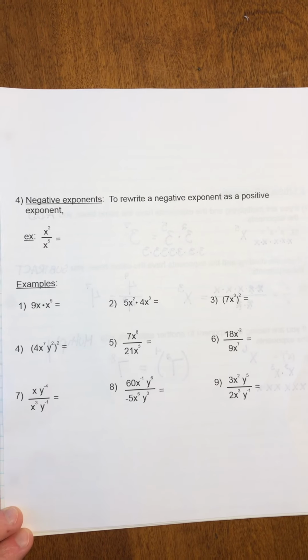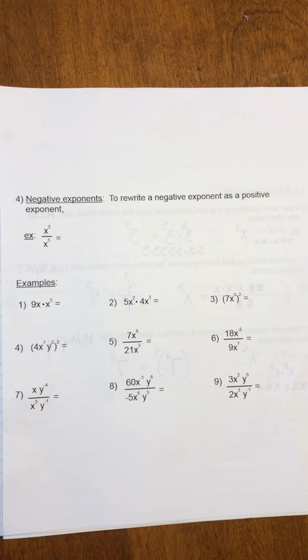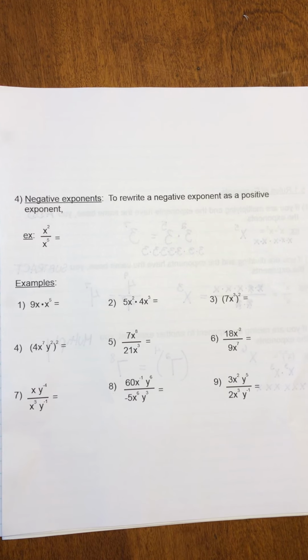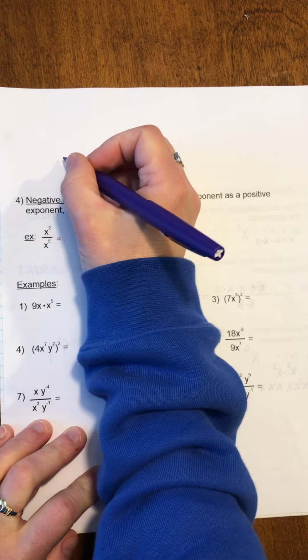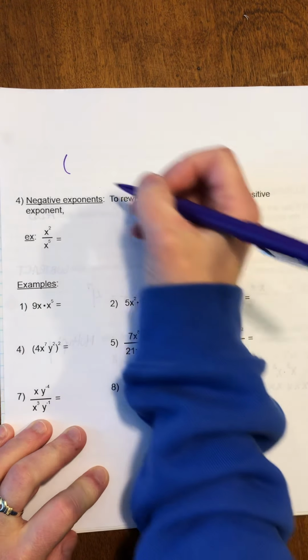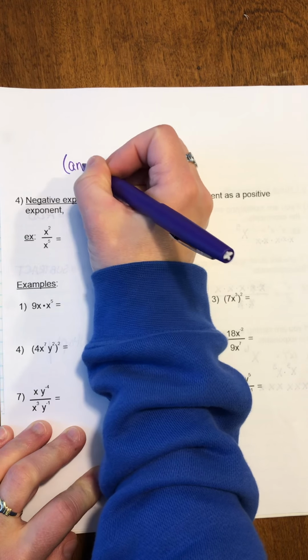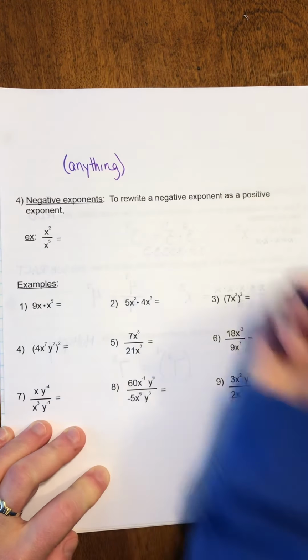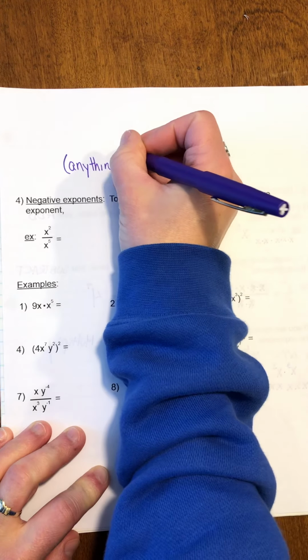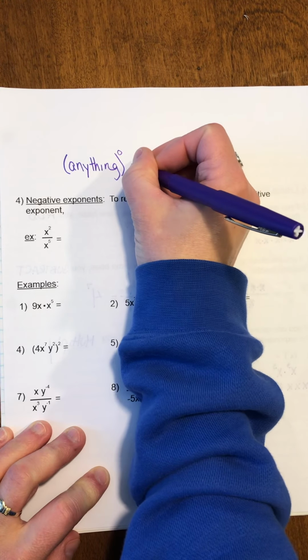Okay, on to the back of our notes, the second page. So before continuing on the fourth and final property of exponents, which deals with negative exponents, I want to just take a second and touch upon one of the rules of exponents: anything raised to the 0 power is going to equal